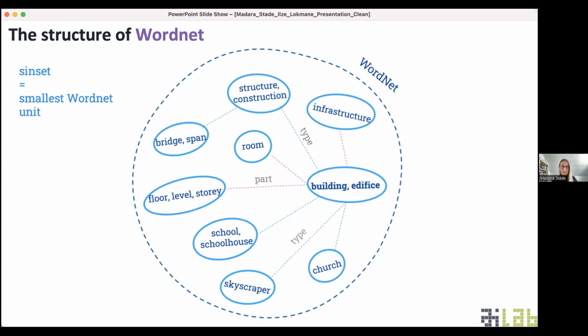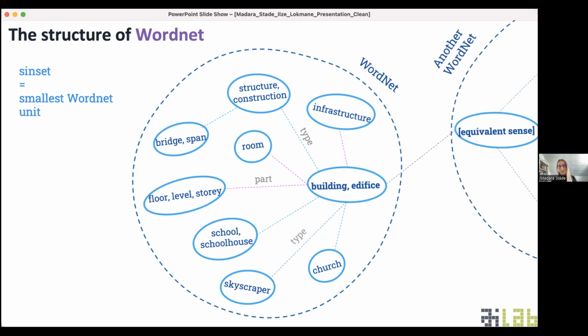But for the sake of clarity, let's just imagine that this is our WordNet. But this is not it, since we're only talking about one WordNet of one language. What we can do is interconnect different WordNets of different languages, find equivalent synsets in the target language and connect them. And what we would essentially get are translations, which is great if you're a translator or just a language